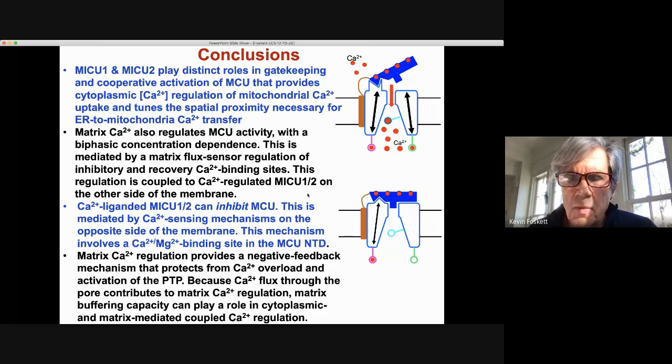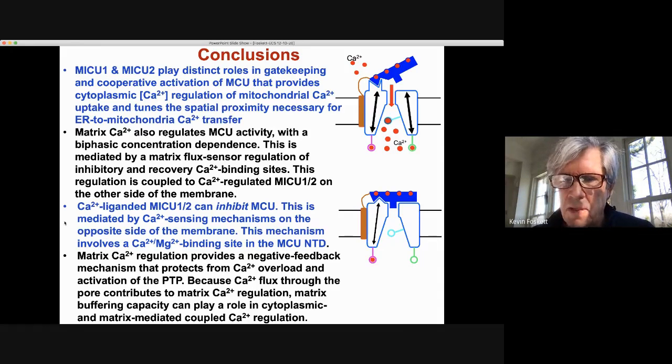And we suggested that what MICU2 does is tune both the gain and the threshold. So the threshold actually gets higher with MICU2 in the system, and the gain is shifted to lower calcium concentrations. So they're playing very, very different roles. And the structures now don't address that specifically, but they do suggest that MICU1 is the